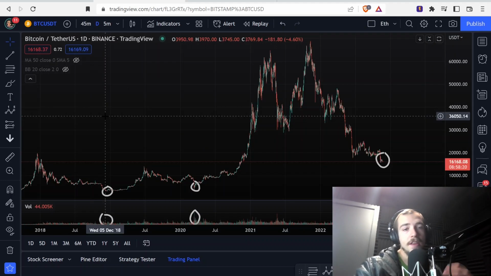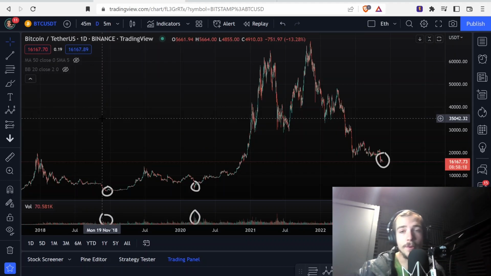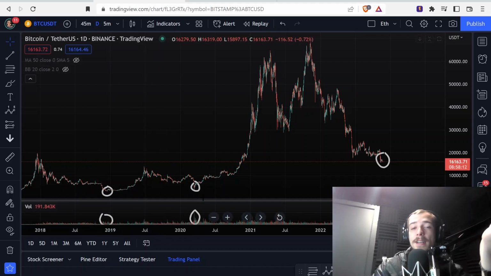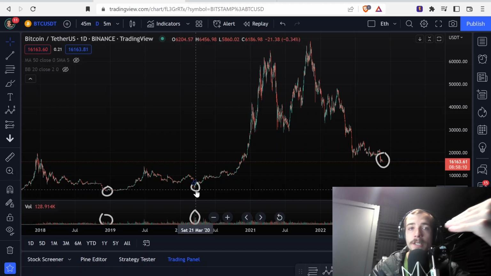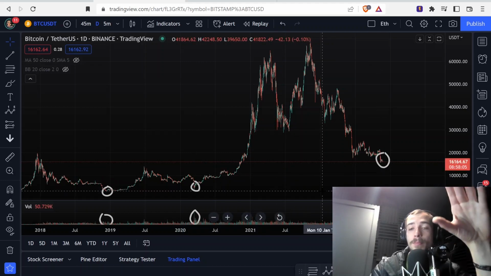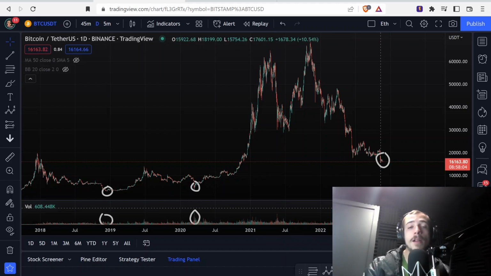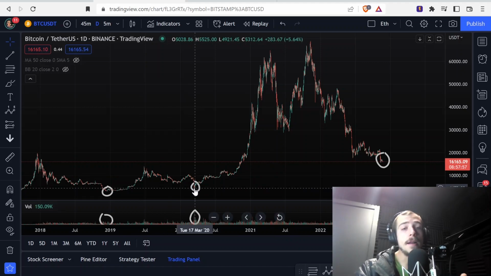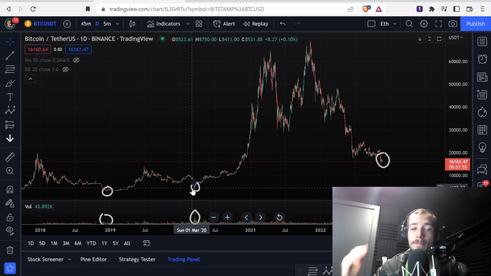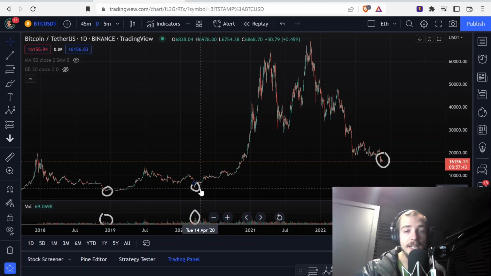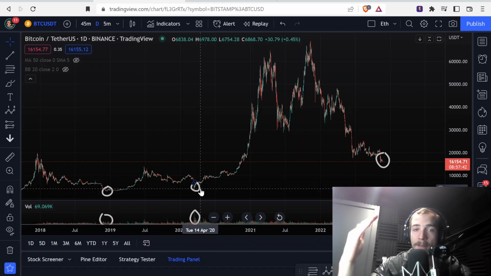Another thing to be mindful of here with Bitcoin is watching the volume spikes, because at any point here, Bitcoin could reverse. If Bitcoin does break bullish out of that triangle, it's probably due to the amount of volume that's down here on Bitcoin. And if it does break bullish, then this could be a bottom, because whenever we have spikes in volume, historically, these have been the capitulations and the bottoms on Bitcoin.